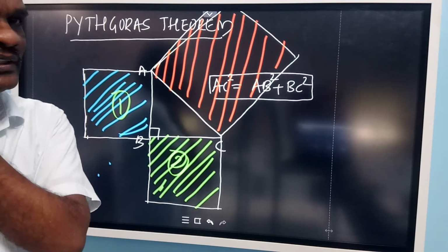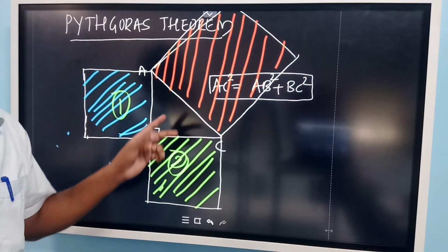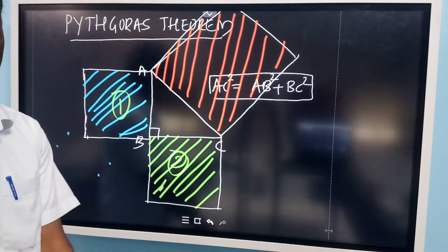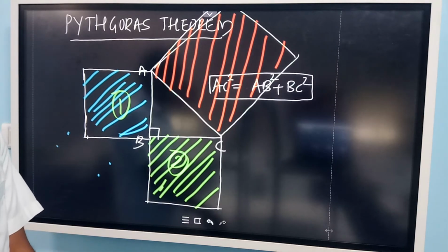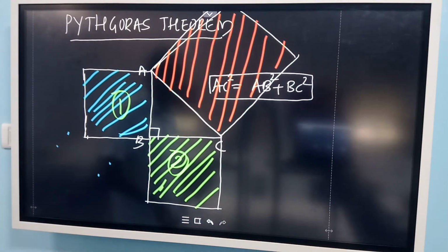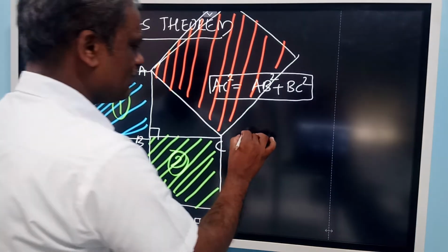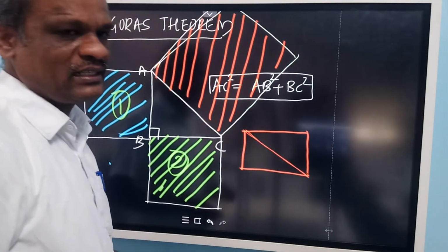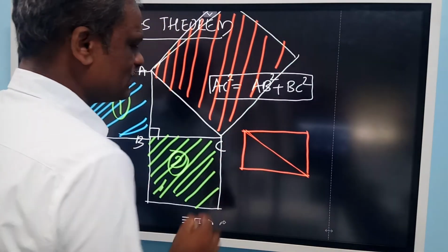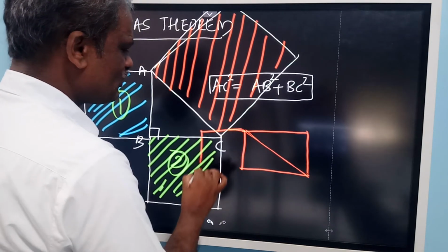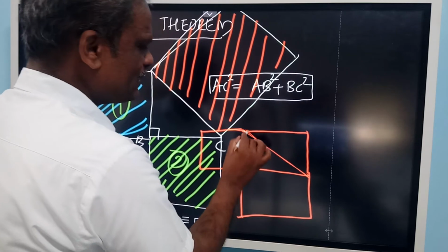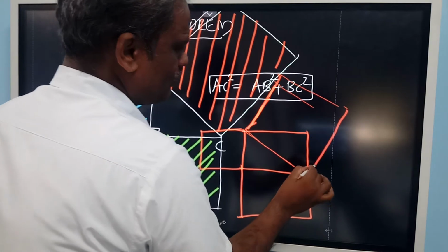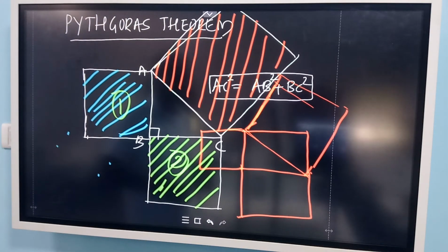There are hundreds of proofs to this theorem, that is Pythagoras theorem. The same thing was discovered by an Indian mathematician much before. Bodhayana proved this, but it is related to the rectangle. The square described on the diagonal will be same as the square on the length plus the square on the breadth of the rectangle. That is what is said by the Indian mathematician Bodhayana.